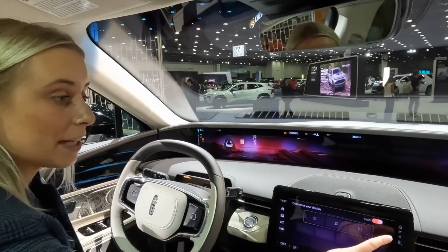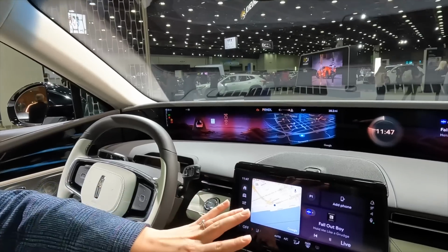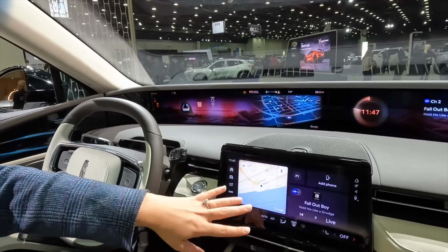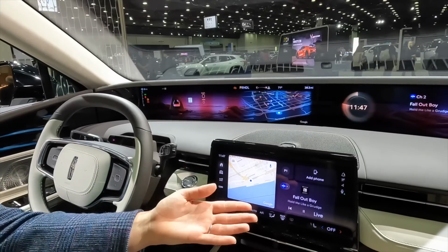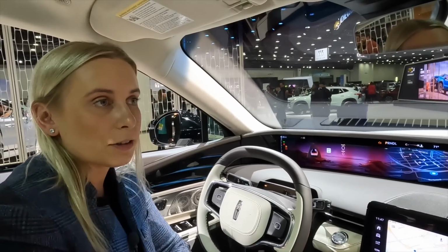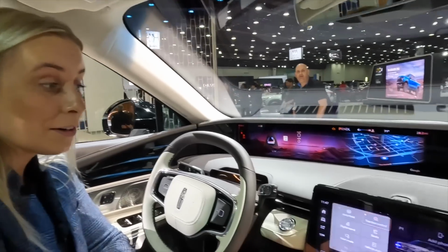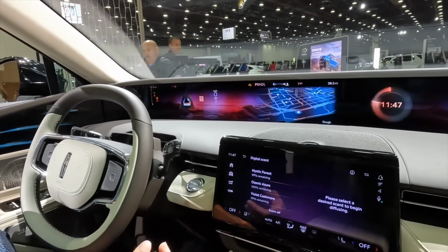Yes, this screen also displays information. So you can see as well that your Apple CarPlay will show up down here, as well as navigation here. Your media also shows up down here. You can control things like connecting different phones via Bluetooth to your vehicle, all to again take advantage of those connectivity options. As far as some other cool things in the vehicle, check out digital scent in this vehicle,